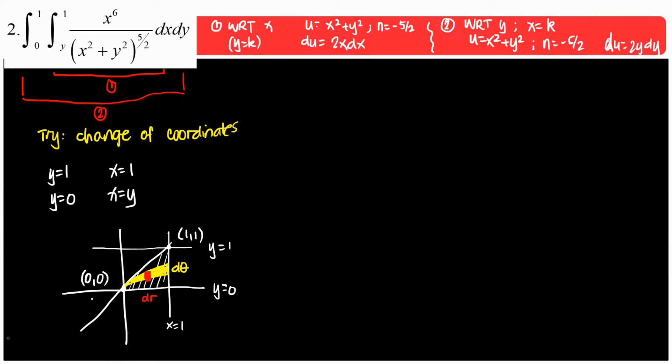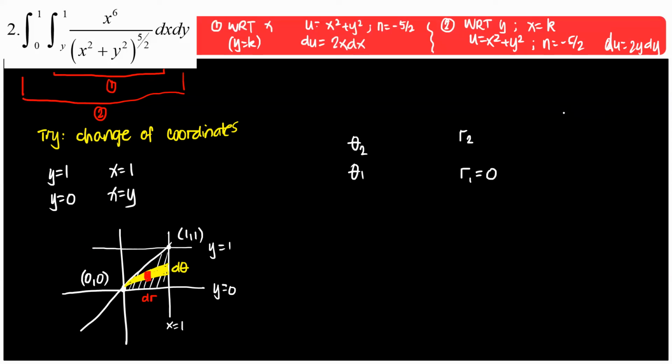So that means the integral, we have to rewrite the integral. But let's go to r first, the limits for r and the limits of theta. R1 and R2, theta 1 up to theta 2. R1, we know that R1, the red, would start from the origin. That means we don't have a problem. It's always equal to 0. But we have a problem when it's this line because the red will be touching x equals 1.